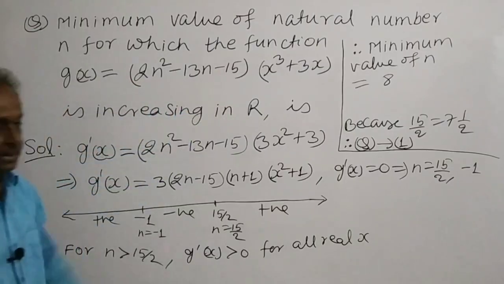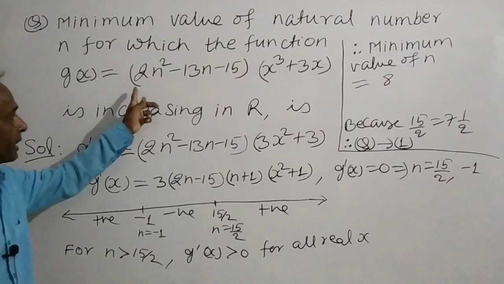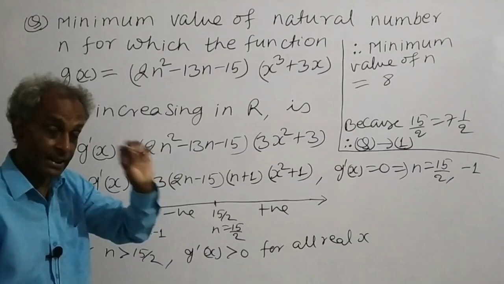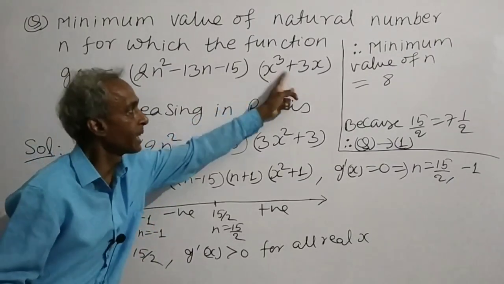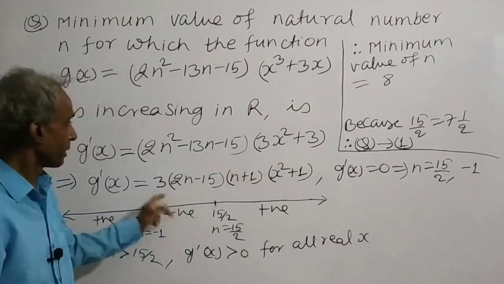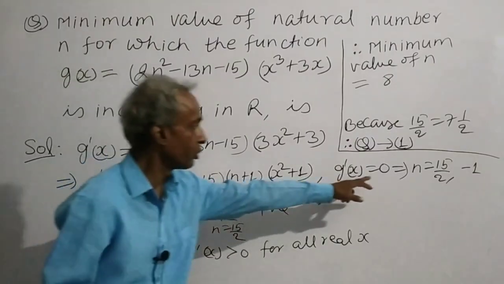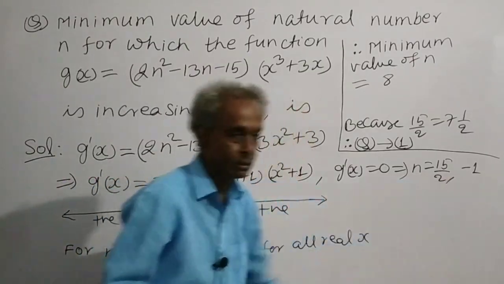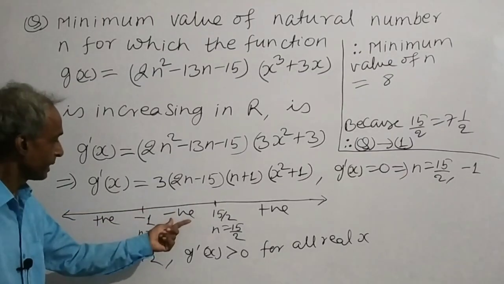We differentiate this. Since this is a function of x, therefore this bracket should be considered as constant. This is constant. We differentiate this and write here. Take 3 common. Factorize this. g'(x) is equal to 0 implies that n is equal to 15 by 2 and minus 1. g'(x) is negative in this interval,